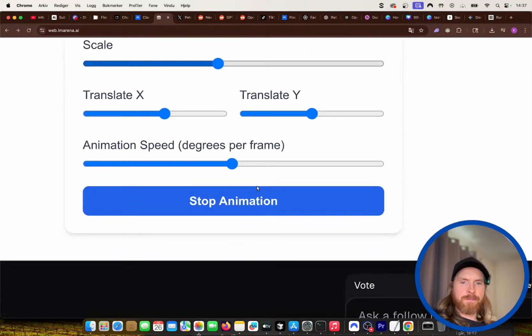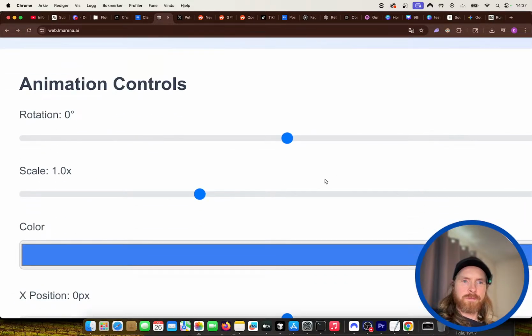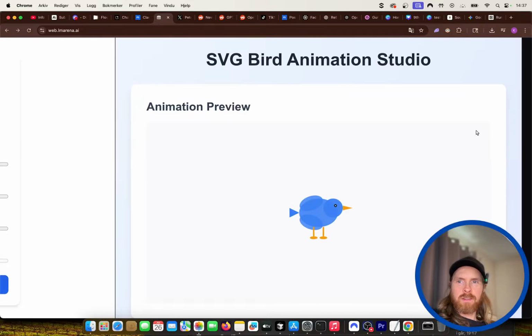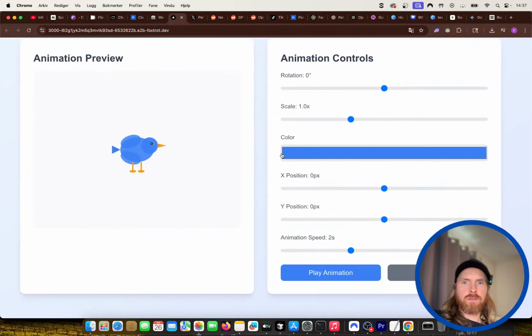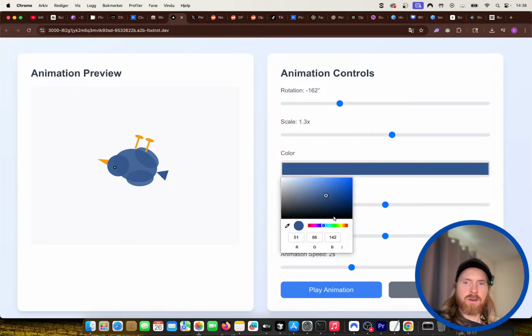That's it. Okay. What does this do? I can open this in like a new one. This is just rotation. It's not really animation, is it? Maybe. Okay, color, that's pretty cool.